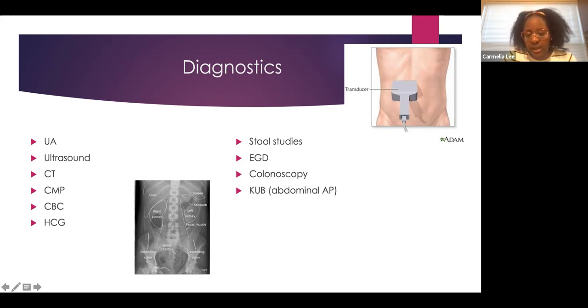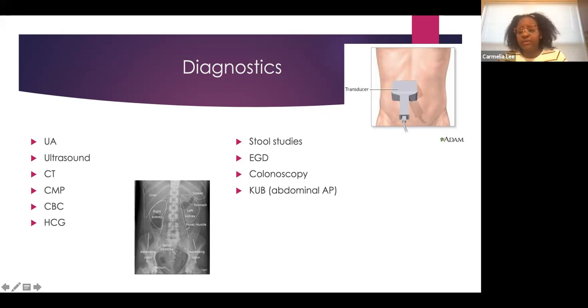or even just a plain KUB, to look, is there a pattern of bowel issue or bowel gas, constipation, abnormal kidney. You can see a lot with a KUB in a child. Blood work, looking for kidney function, blood count, looking for anemia and signs of infection. Stool studies, that's very helpful when you're trying to figure out diarrhea in some of the children. CT is a little bit more involved when you're trying to rule out Wilms tumors, appendicitis, that kind of thing.